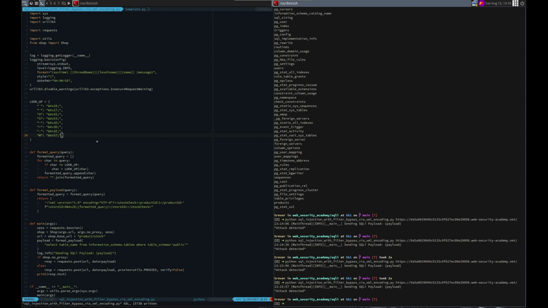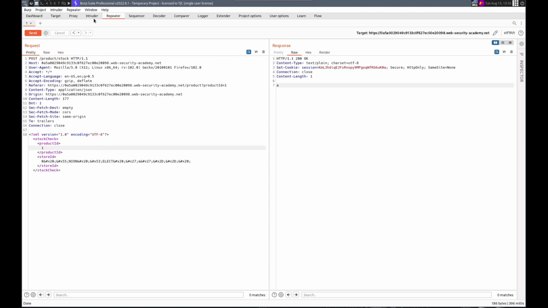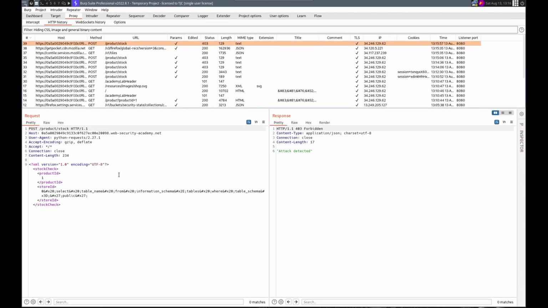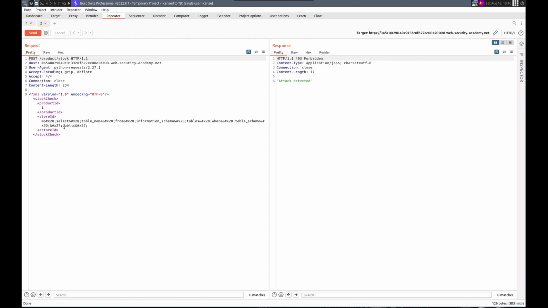Attack detected. Shoot. Table. Maybe schema? No, because schema here. Let's try public. Dang it. Well, we can leverage some repeater here. Proxy. Let's send to repeater. We'll send that. Make sure we get the attack detected. And then let's try